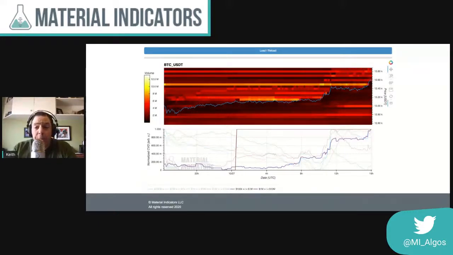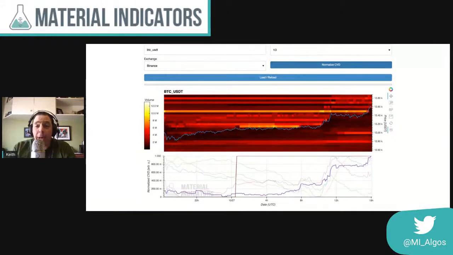That's the sum of all orders. And look at this. We saw mega whales back here, and we see whales buying their way back in here, okay? These are market orders. And if we want to see exactly what that market order size is, we go from our normalized view to see the